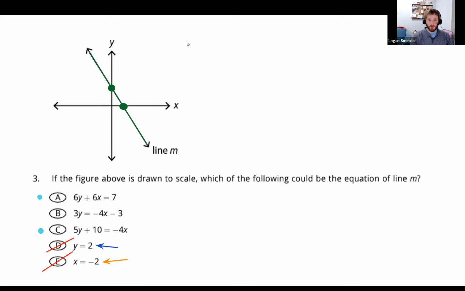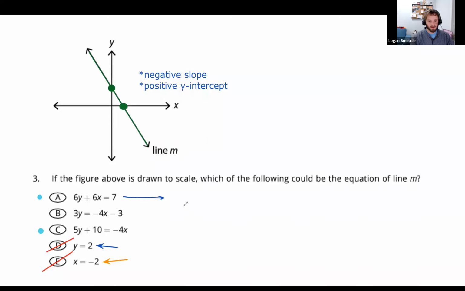One thing that catches my eye right away about this graph is that I have a negative slope. And I'm probably also going to need a positive y-intercept. I'm crossing the y-axis up here in the positive zone. So when I just look at these three, A, B, C, I can't quite tell what's going to be the positive or negative slope or y-intercept. So what do I do? I move it into y equals mx plus b.